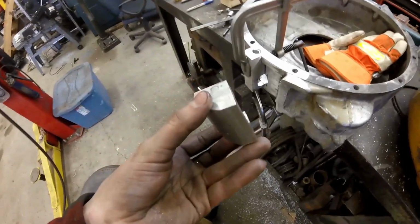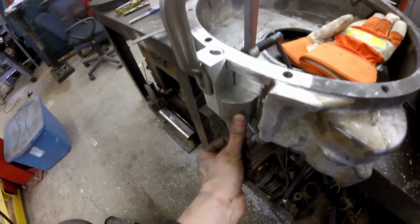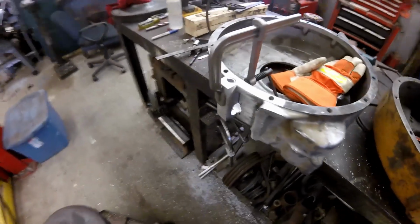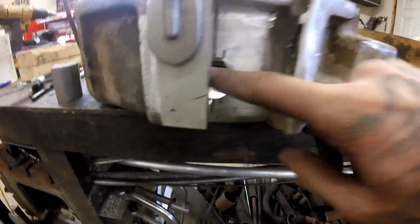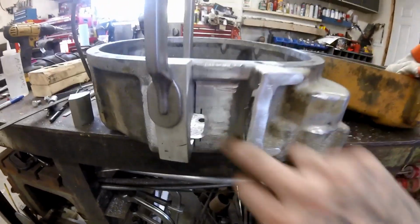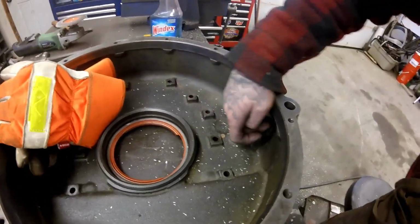Alright, let's knock the corners off. You can see now it fits perfect. Fix that hole, then it's time to weld. Nothing to it. Got the hole shaped in. I got a pretty heavy chamfer, so I'm hoping that's going to catch the oil a little bit, something like that lip there did. It's not quite as aggressive as that, but